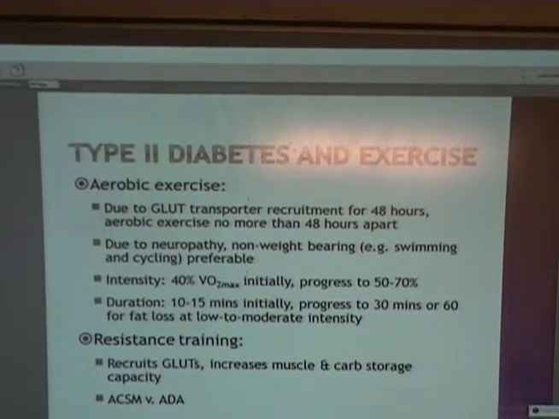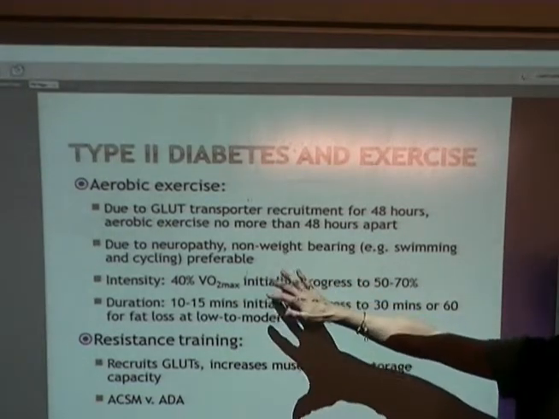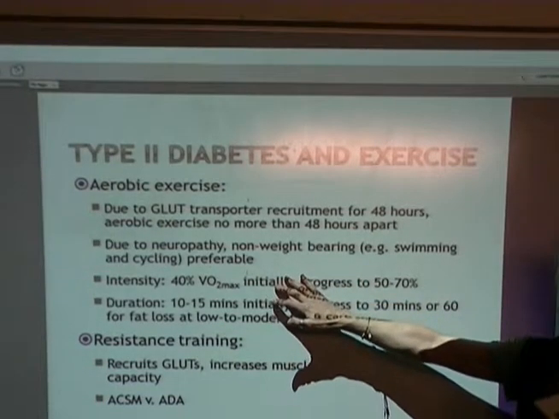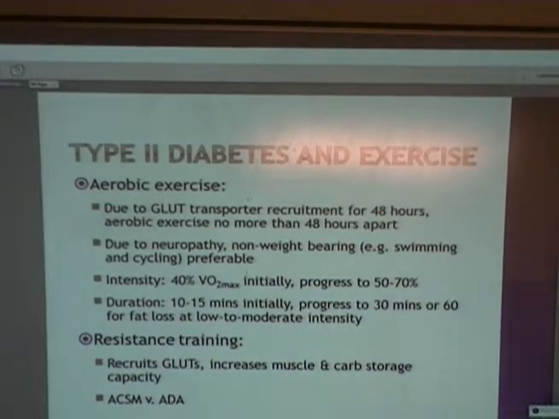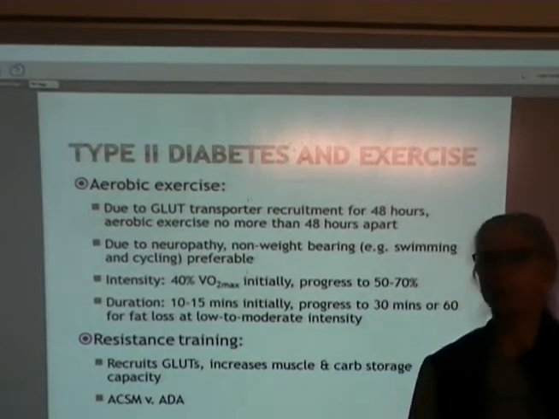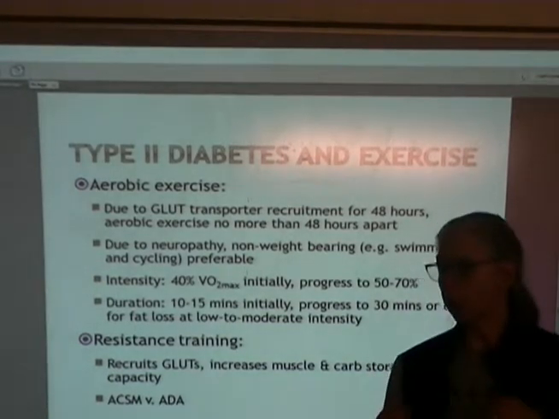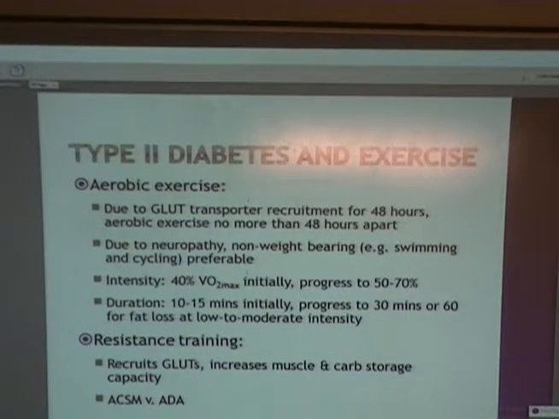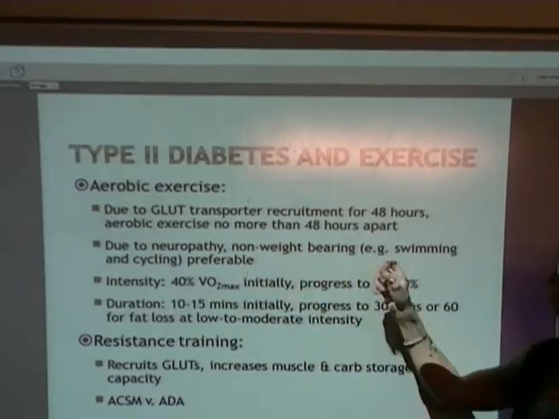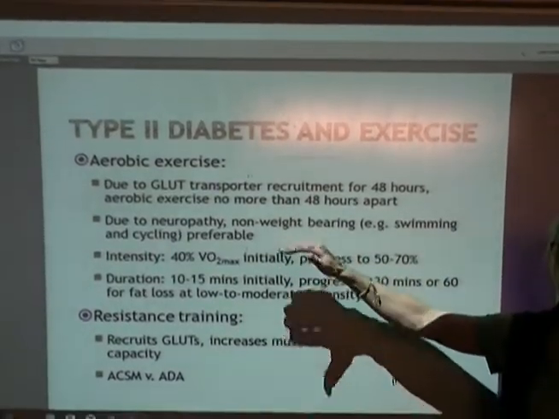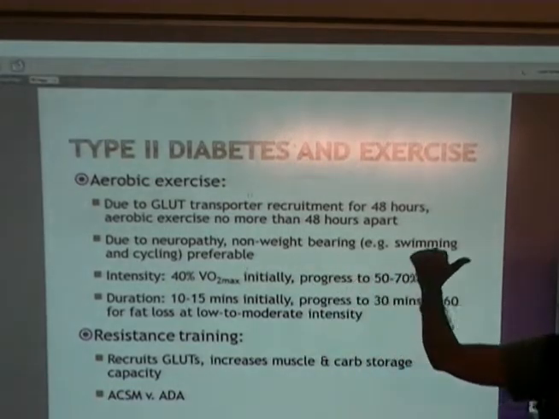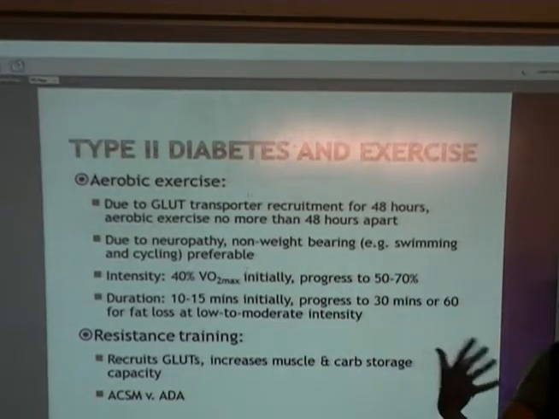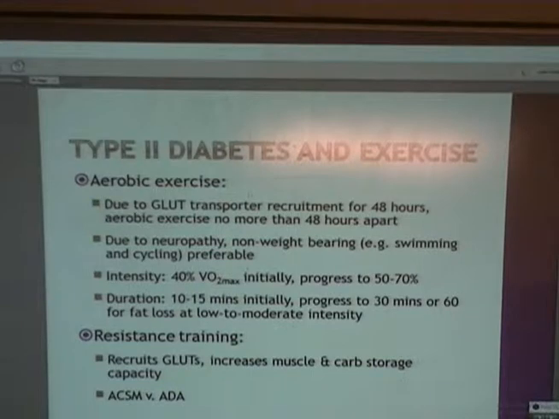If you have someone who has developed neuropathy, all right? That means that the nerves in their feet, their ankles, their lower limbs are not working properly. Their brain is not getting quality information from those sensory receptors. Then you may want to use swimming and cycling rather than walking or jogging or some other kind of weight-bearing